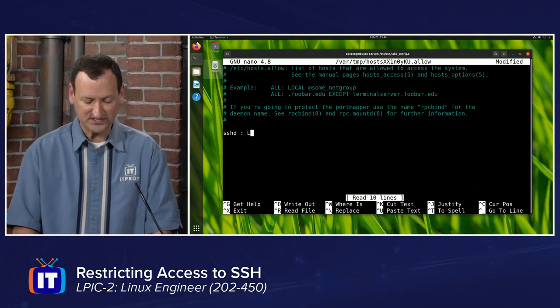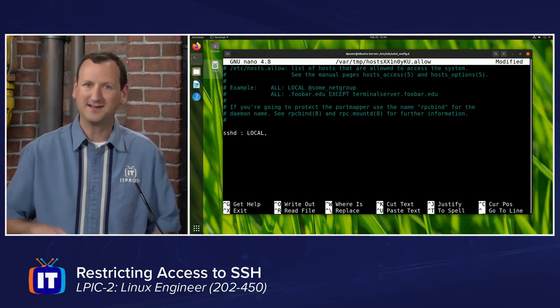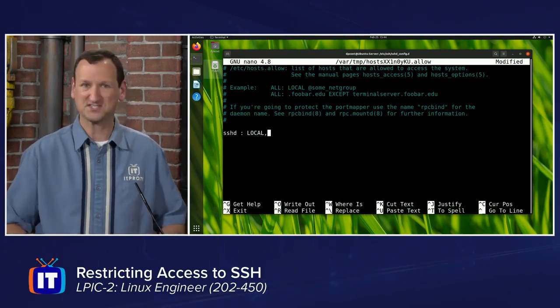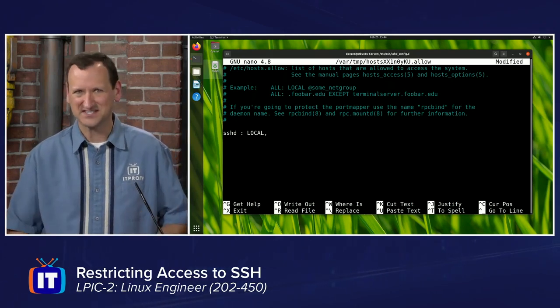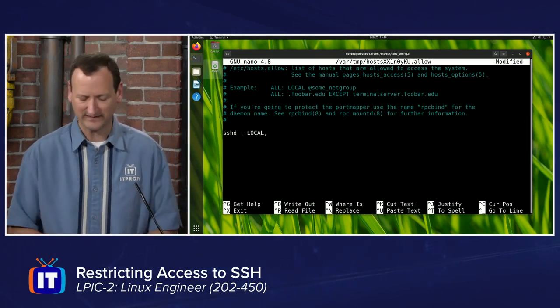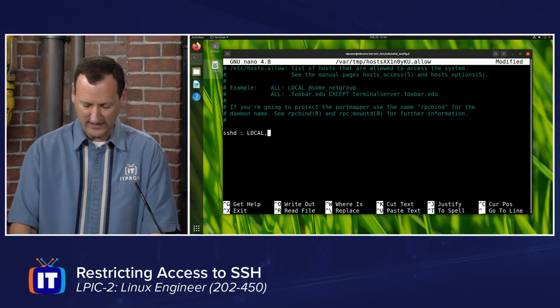In my case, I'm going to say local, comma. I'm going to allow connections from the local server if I SSH into myself. I would do that for testing or if I'm running tmux or something like that. So I'll add local. And then